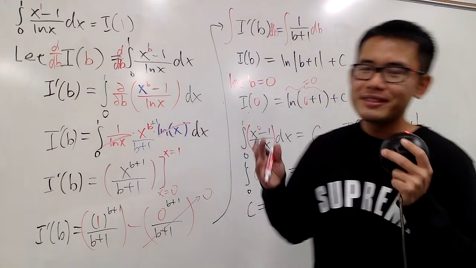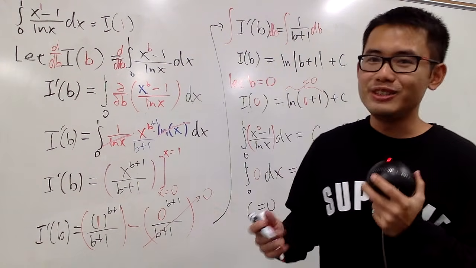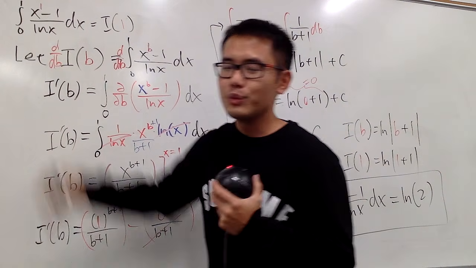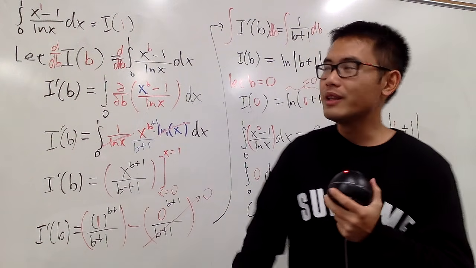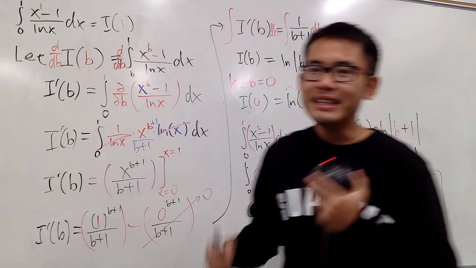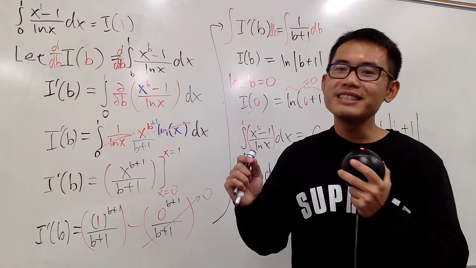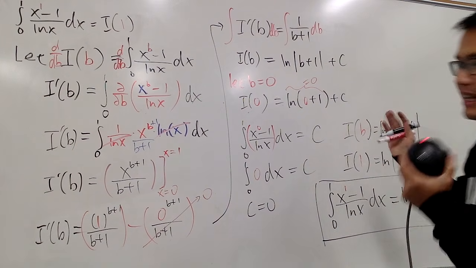Now comment down below and let me know which one you guys liked better. Is it this one with Feynman's technique, or the previous one where you had the ln x on the top and then somehow you end up with pi squared over 6? Let me know, but at the